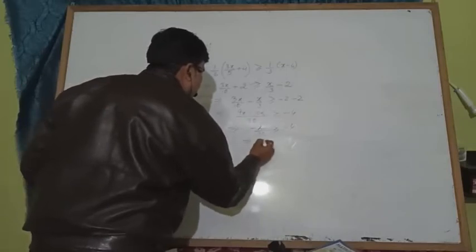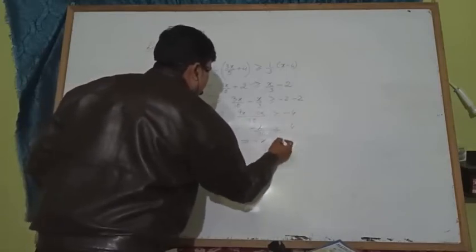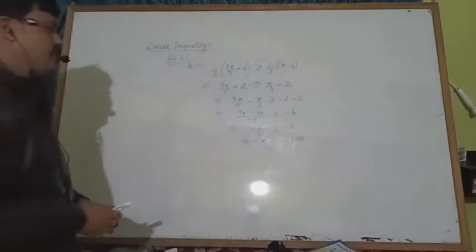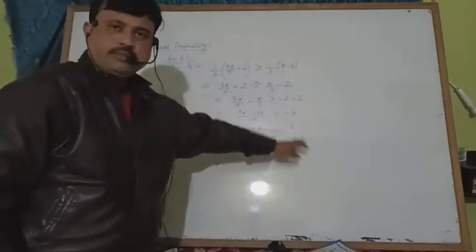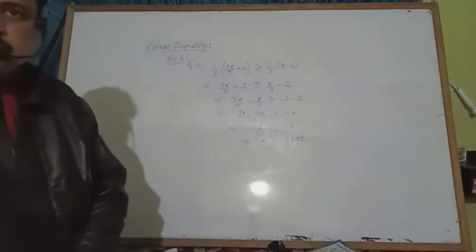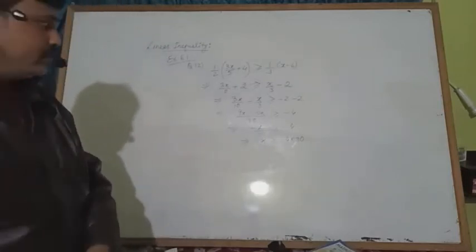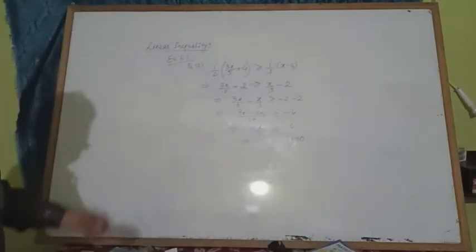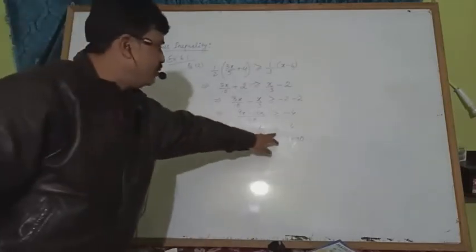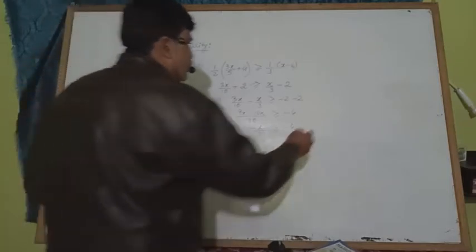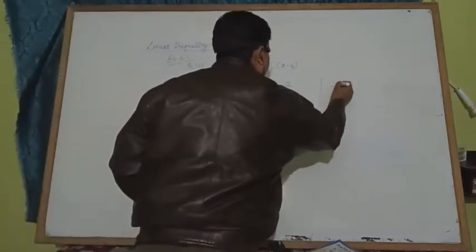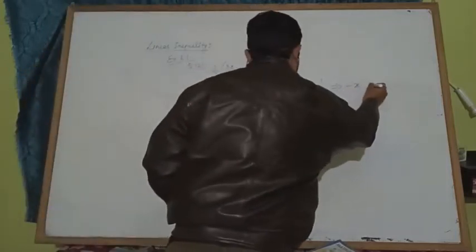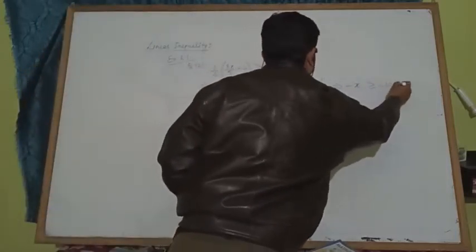So minus x greater than or equal to 30, we are multiplying this side. Since we are multiplying both sides with 30, we are multiplying with a positive number. If you are multiplying with a positive number, the inequality sign will remain the same. So this will be minus x greater than or equal to minus 120.